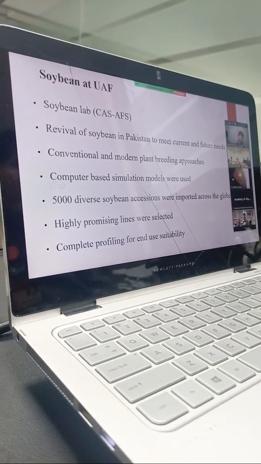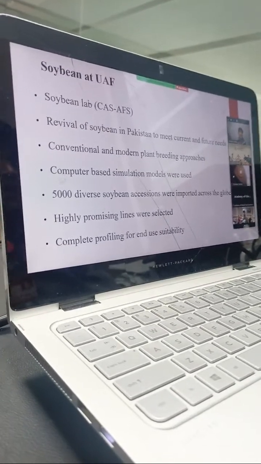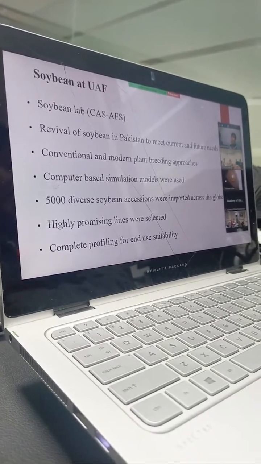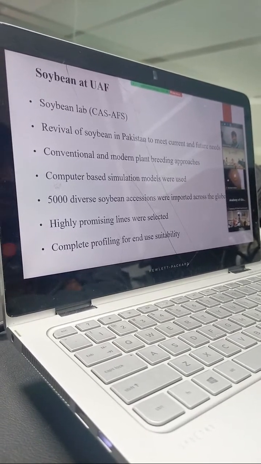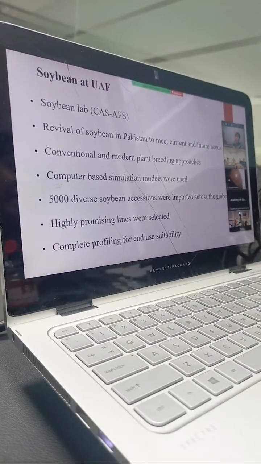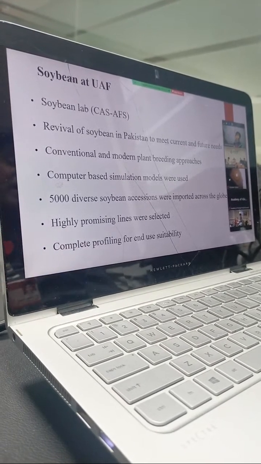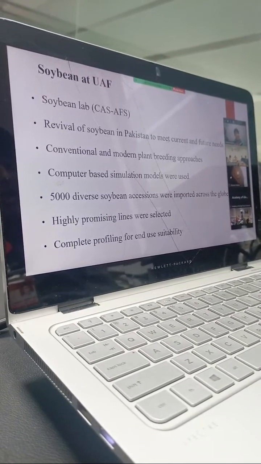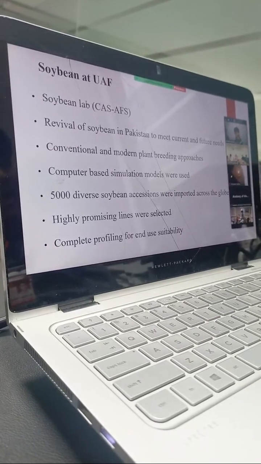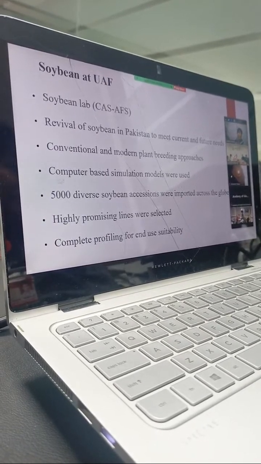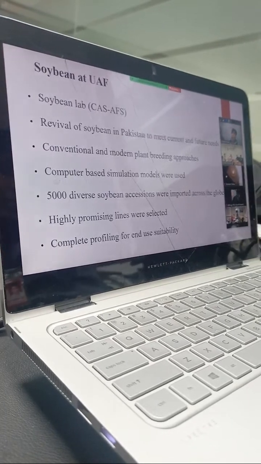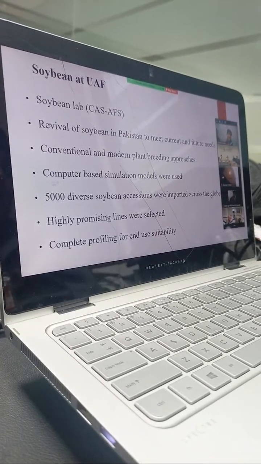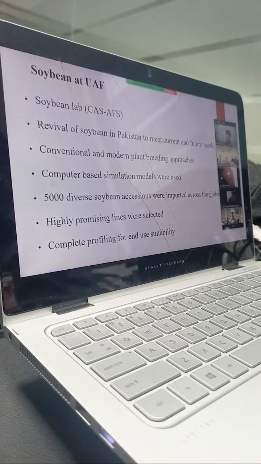So to overcome all these problems, we started work on soybean research and development back in 2016 at the Center for Advanced Studies at University of Agriculture, Faisalabad. This center was established with the help of USAID and in collaboration with UC Davis, USA. So the purpose of this lab was to revive soybean cultivation and also meet our current and future